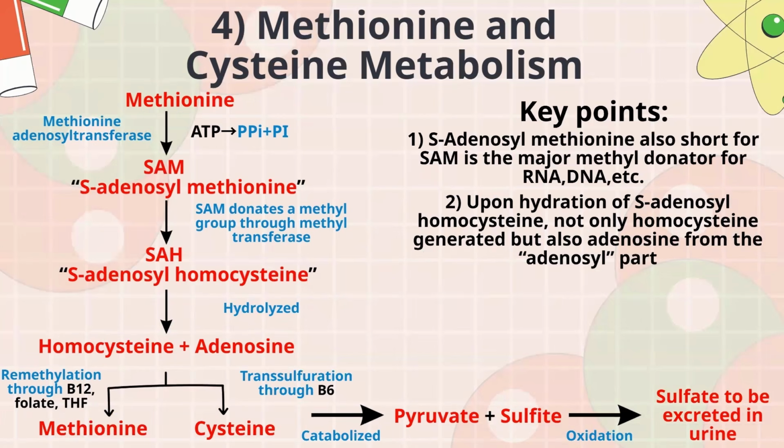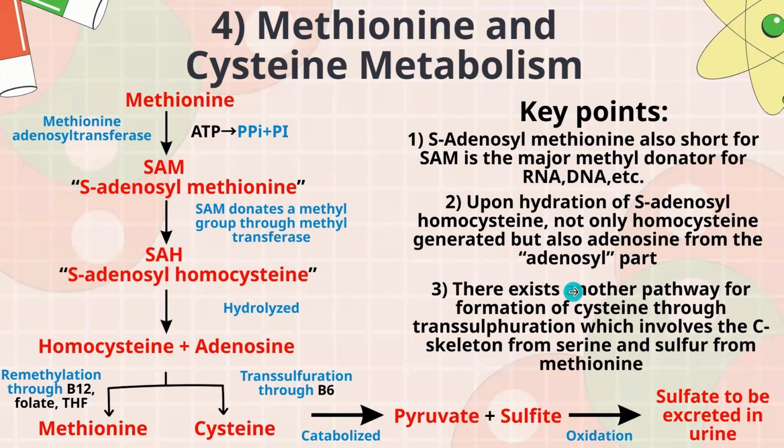Now, we talked about how cysteine is formed through transsulfuration from homocysteine. There's actually another pathway by which cysteine is formed, okay? And I just wrote it in text because it is unfortunately high yield, but I couldn't imagine how I would generate a diagram for it. So I just talked about it here. Another pathway for cysteine exists through transsulfuration.